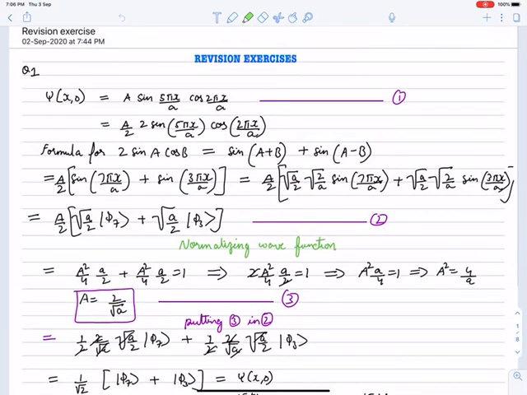I want to make it clear that it is very difficult to record it live while doing the problem session, because the problems of quantum mechanics are very lengthy. So it will be very time consuming, and it will not be practically possible to post such a long video, and it is not possible for you also to see such a long video.